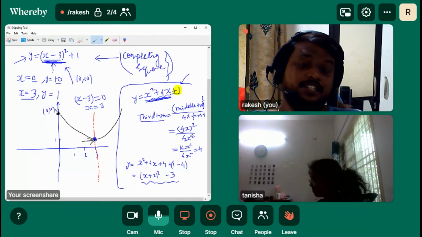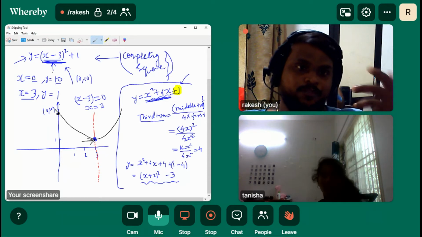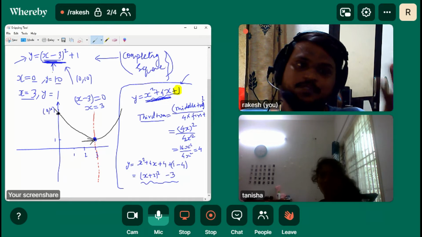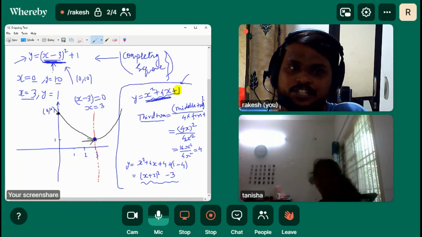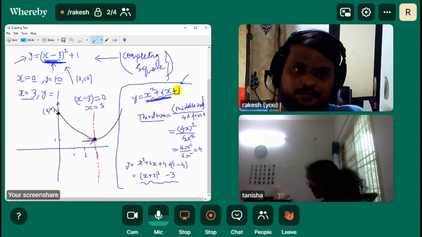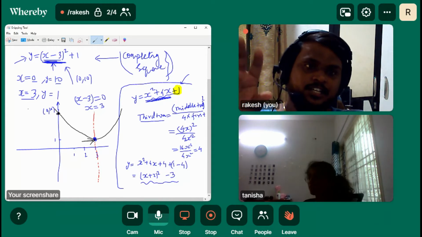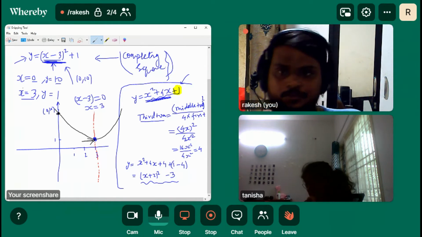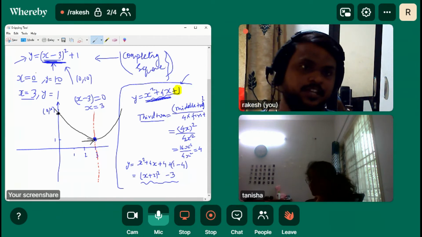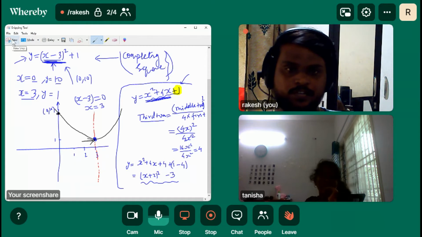Maybe the line of axis can be found directly by minus b by 2a. Isn't that cool? I gave you one equation, x is equal to minus b by 2a, so that directly gives you the axis of symmetry without completing the square. So I think you learned one more extra thing, isn't it? If you write it somewhere else, you can try practicing that. You will understand that properly. But as far as completing the square is concerned, we'll do one more sum on it. Okay. So have you completed this?